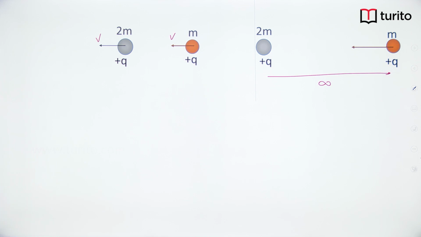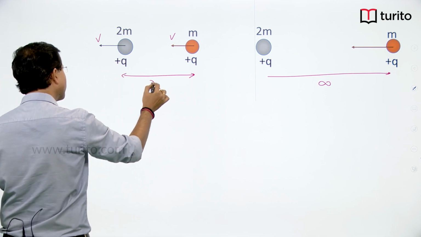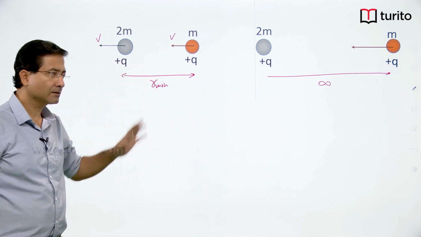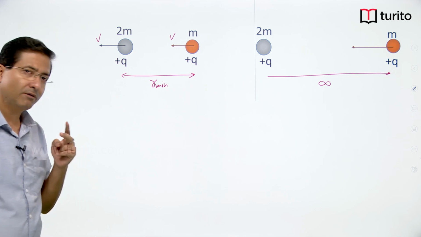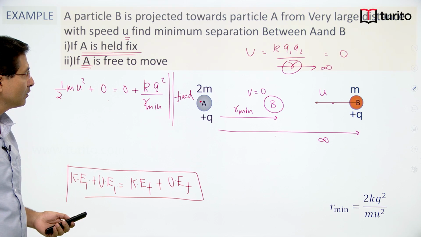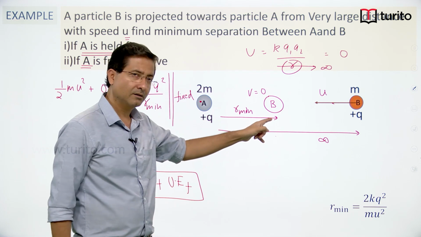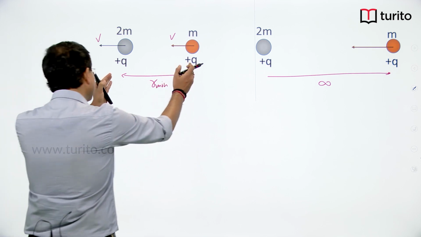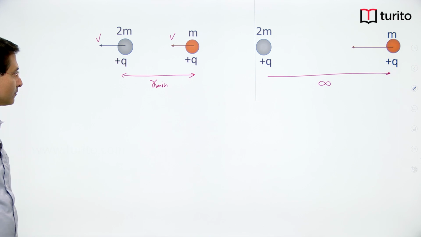So, you can see now we have got two unknowns. One is velocity, another is the minimum separation between them, right. So, we require two equations. In previous case there was only one unknown, what is the minimum separation. Now, in this situation there are two unknowns, the velocity when the separation is minimum and minimum separation itself. So, I require two equations. Now,